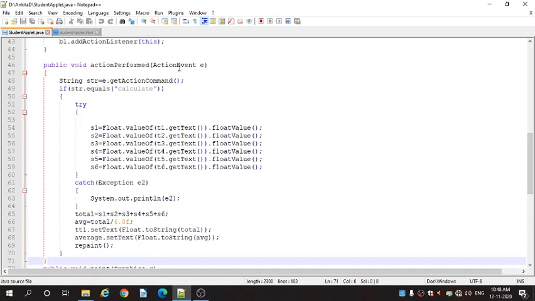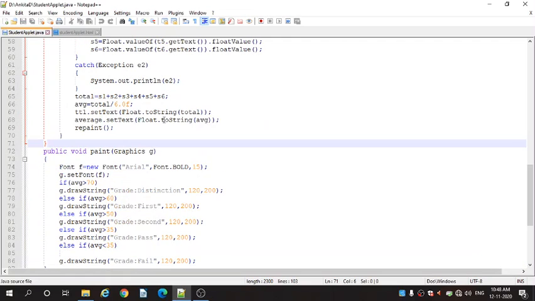We close the actionPerformed method. After that comes public void paint. The paint method has one parameter of type Graphics. This parameter contains the graphics context, which describes the graphics environment in which the applet is running.